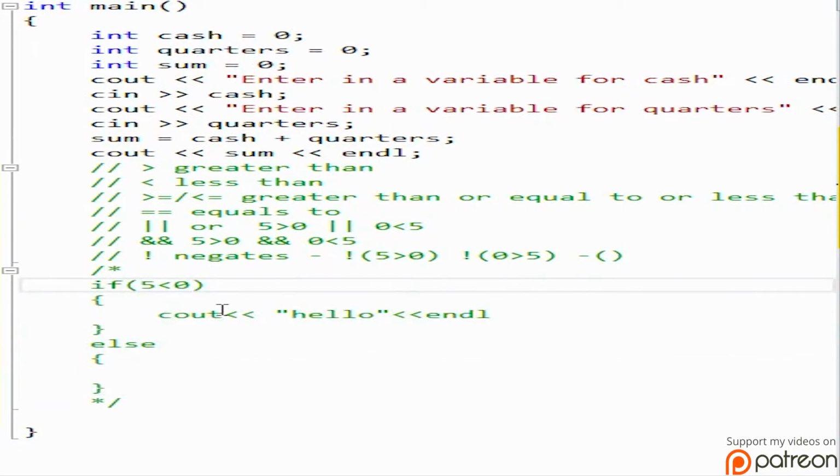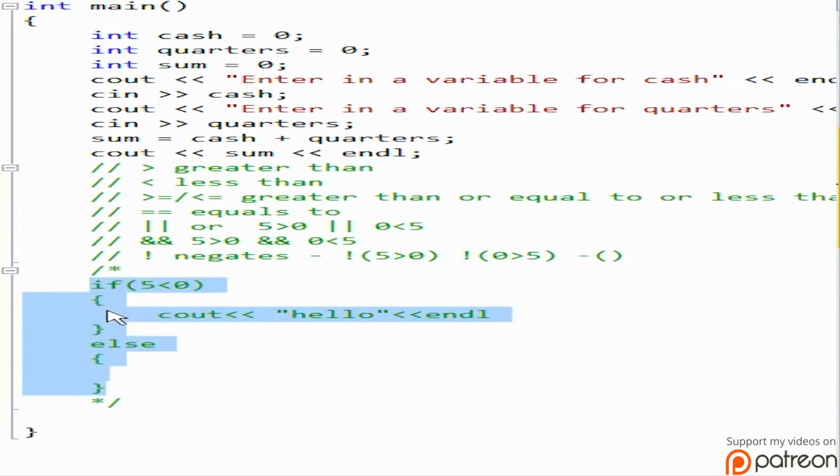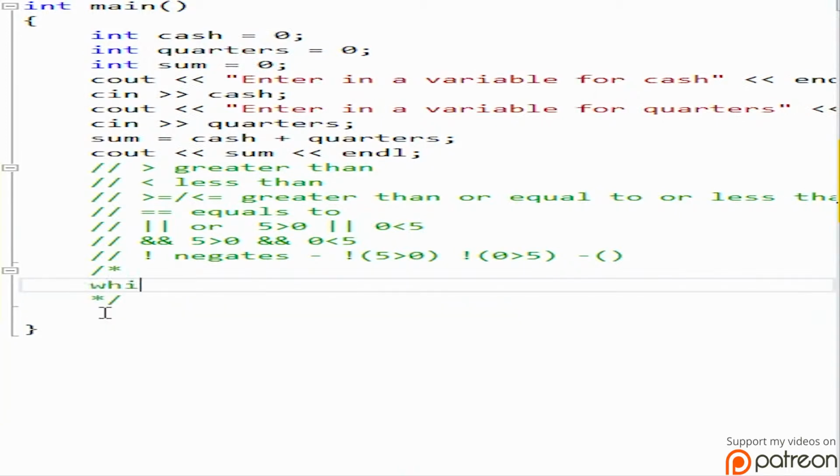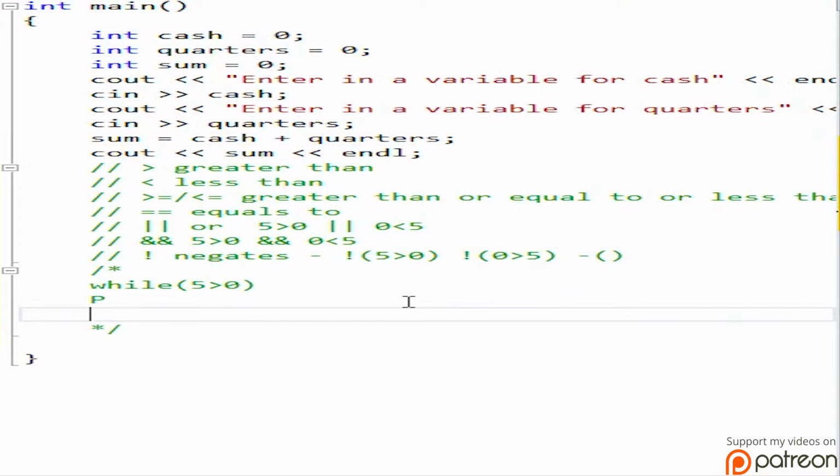So an if only goes into this if it's true, and an else only goes into this if it's false. And you could have an if without an else, but you can't have an else without an if. Okay, and then we have a while loop. A while loop is exactly like an if, but it could go on forever. It just keeps going through until whatever is inside this conditional here is false. So while 5 is greater than 0, then you do the cout